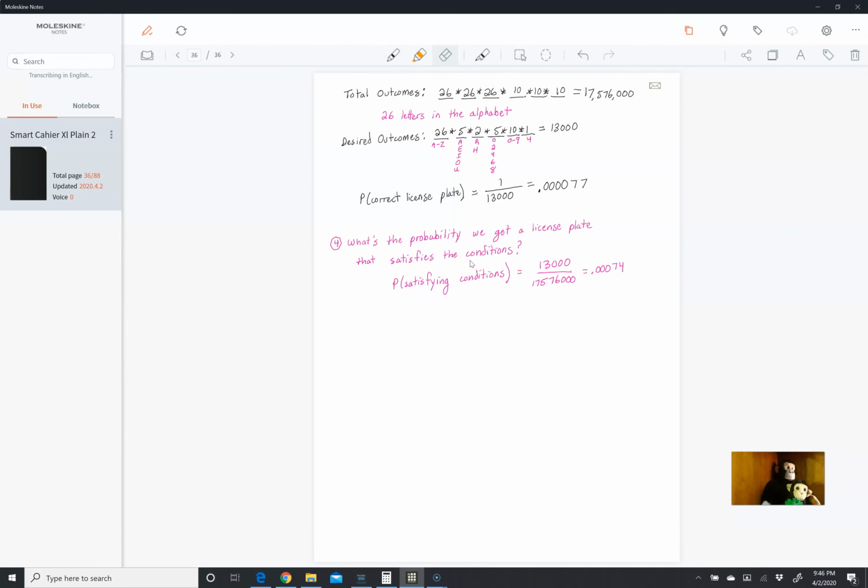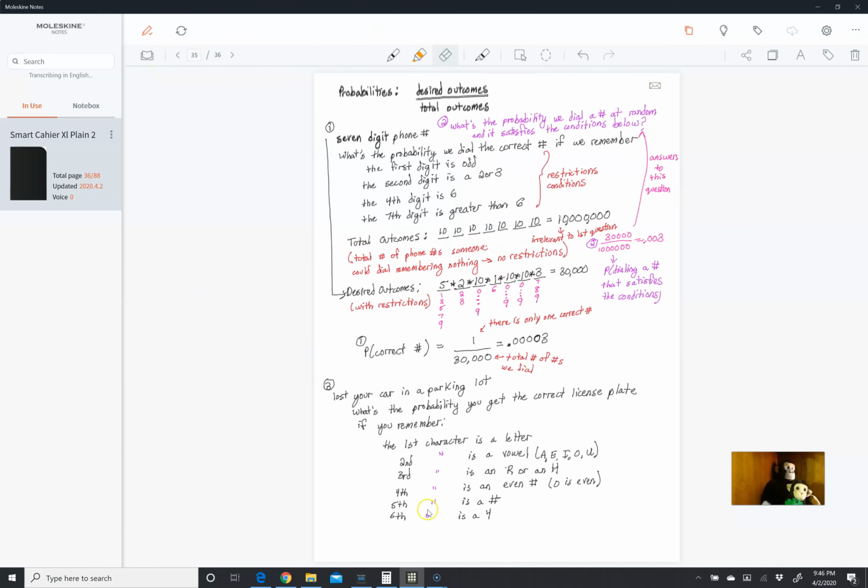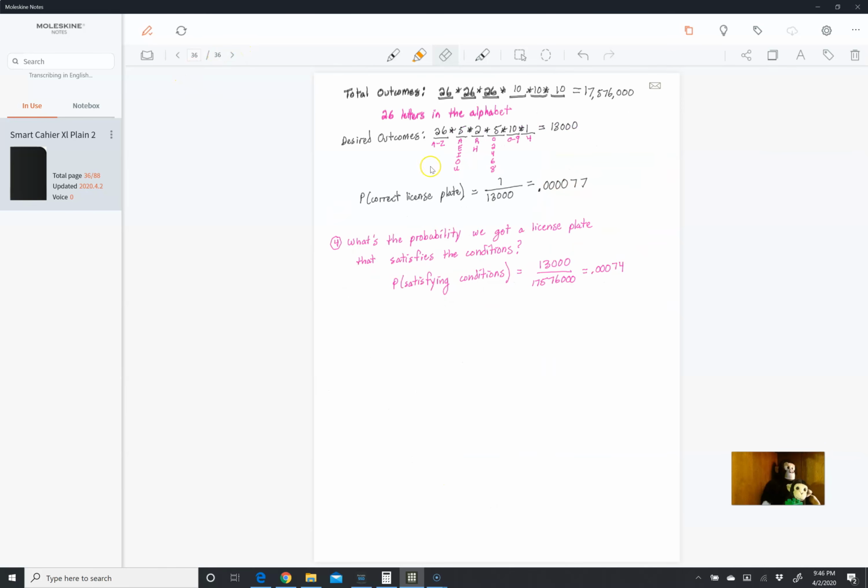Okay, now let's ask that other question. We're going to close our eyes, guess any possible license plate, and we want to know what's the probability that it satisfies the conditions that we set forth over here, okay? Well, the number of desired outcomes, the number of license plates that satisfies those conditions is 13,000. The total number of license plates that exist in this state is 17,576,000. So it's going to be 13,000 over 17,576,000, which gives you